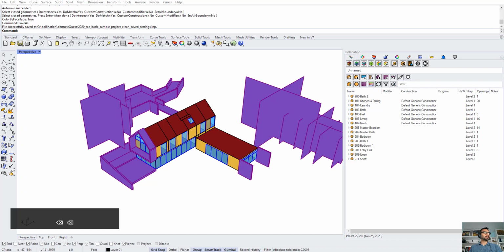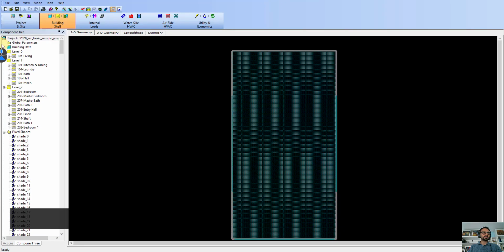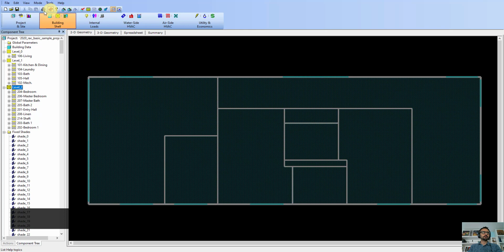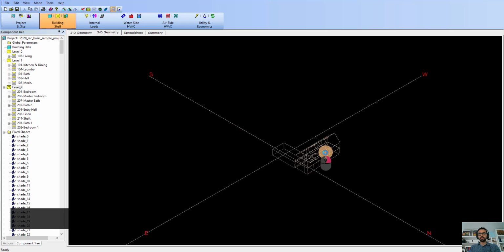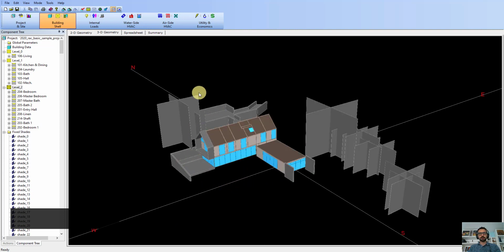It'll probably be on my other screen. I'll bring it back here as soon as it pops up. Here we go. And it did it successfully and quickly. So now you can see this is level 0, which is that single room, level 1, and level 2. If I go in 3D geometry, you'll see the whole thing is imported, all the shades,